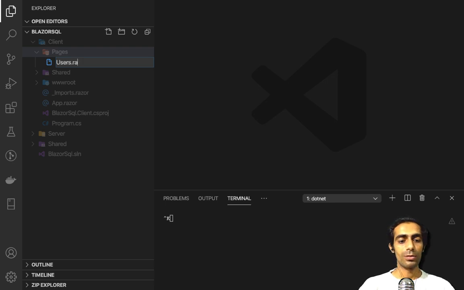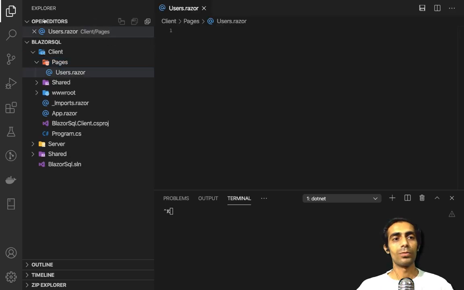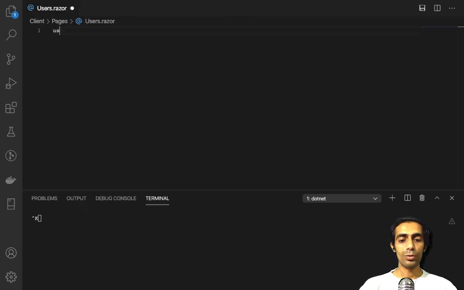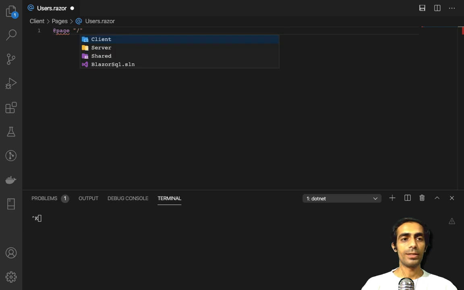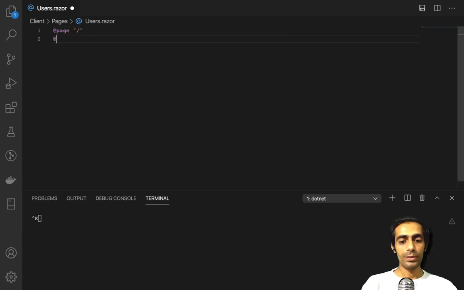Users.razor. Make sure that it's Users.razor, not Users.js. You will get trouble if you type it wrong. So here you have to define the page, which should be your index, I guess, for now. Another thing is @using, what was the name, Blazor SQL dot Shared,